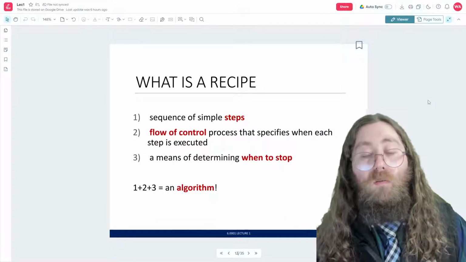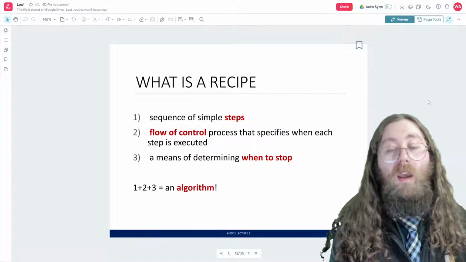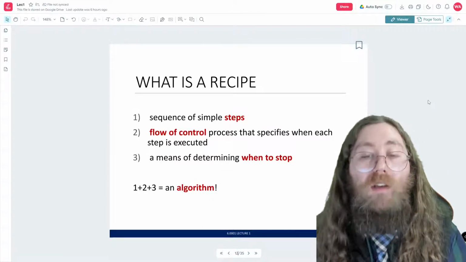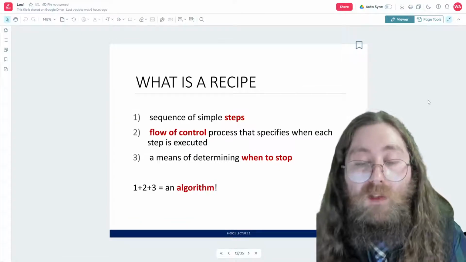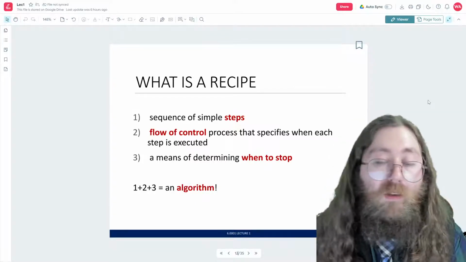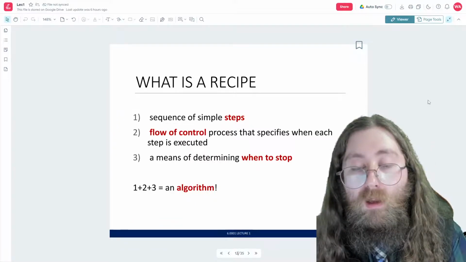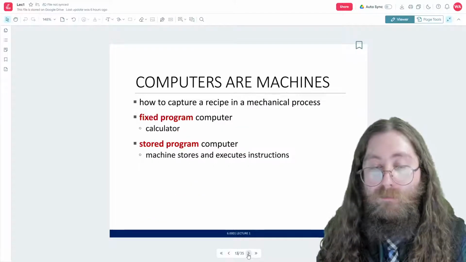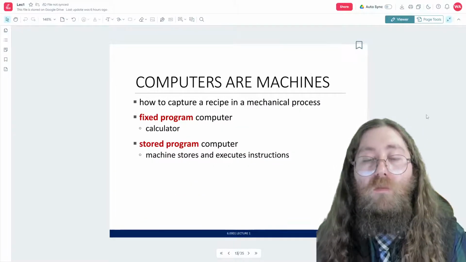That's a part of this process as well. Now, if you have these three components, that is what constitutes an algorithm. A sequence of simple steps with a controlled flow that specifies when each step is executed, and then it stops eventually. That's an algorithm.